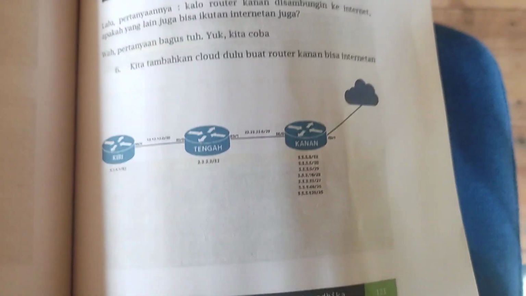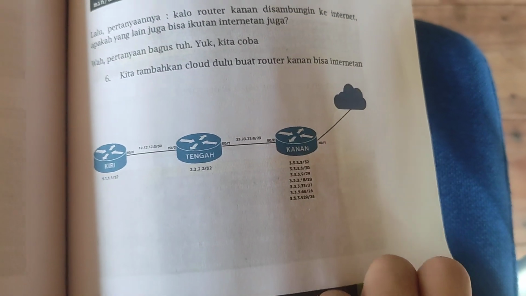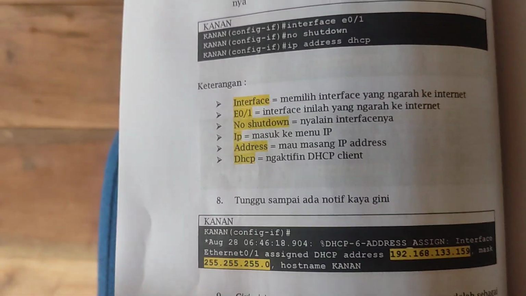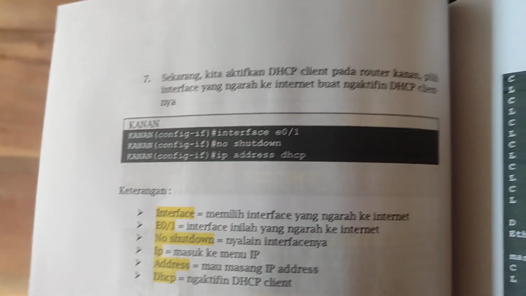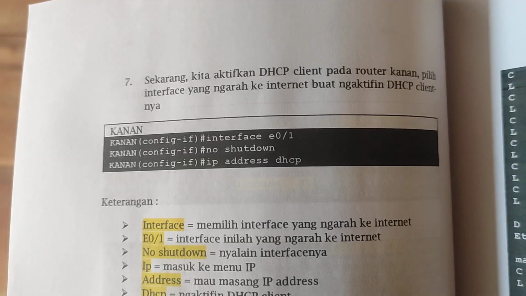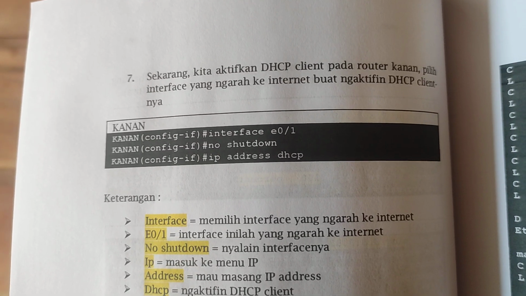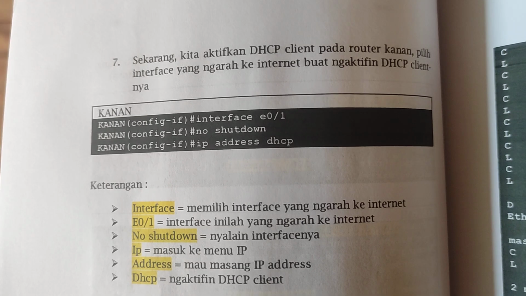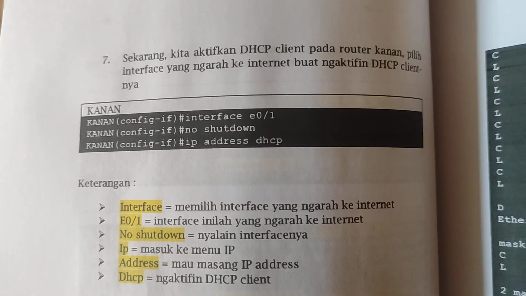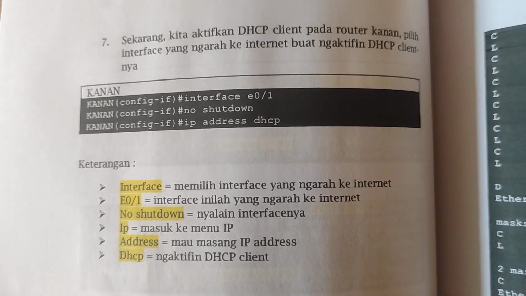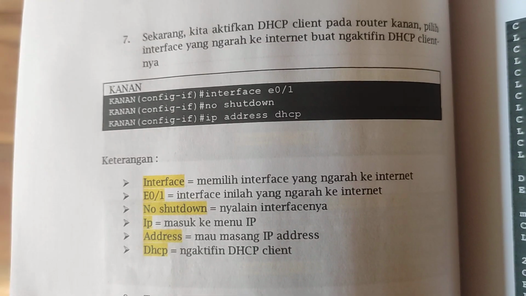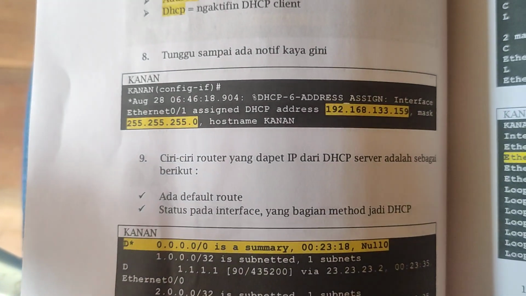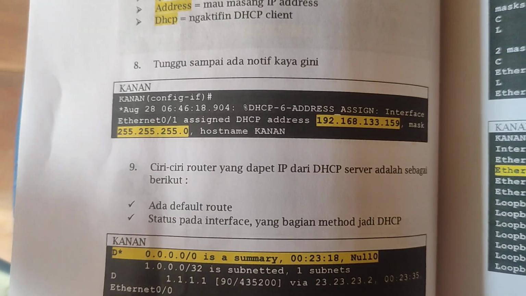Okay, you can add again the cloud here in the topology. You can add the cloud for the internet. And then for the configuration, you can enter the interface Ethernet 0/1, no shutdown for the active port, and then ip address dhcp. This DHCP is for automatically sending the IP address. Okay, and then you can wait